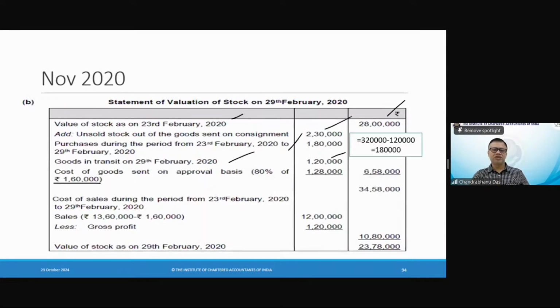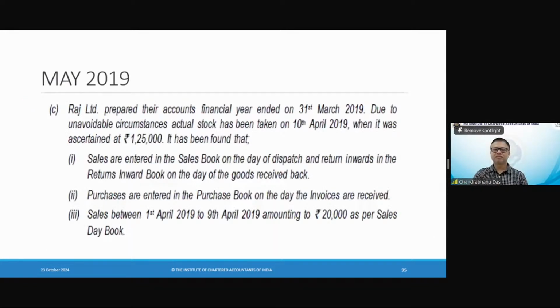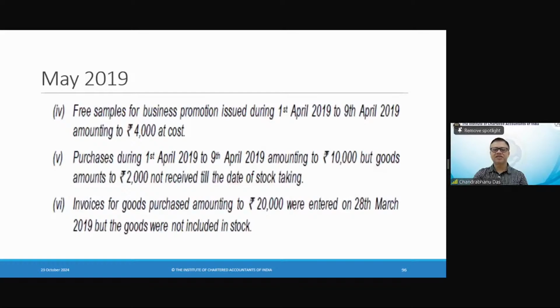Now once we calculate the gross profit, then we also have goods in transit. Now this is where I have clearly discussed with you where you take the goods in transit, where a date is mentioned. Okay, you can assume that yes, this is the date the goods have been received. You take the goods in transit and record it at cost. Now when we see here,